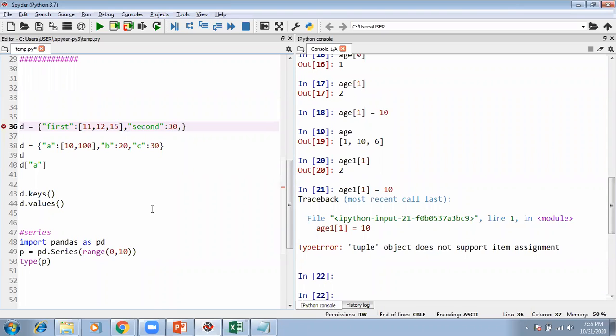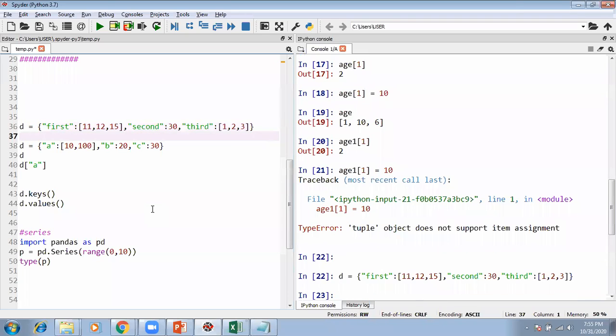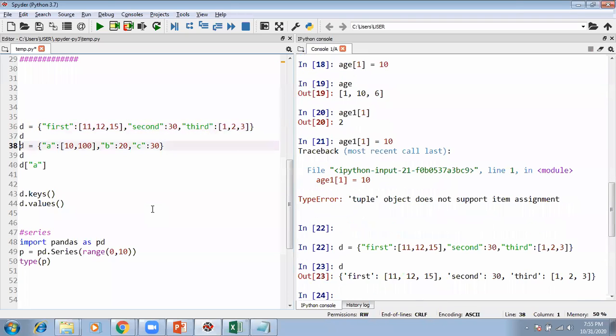And maybe the third one could be third, and again I can add certain values like maybe 1 2 3. This becomes a dictionary, but it is difficult to read it like this.